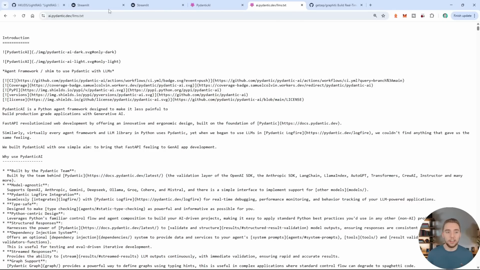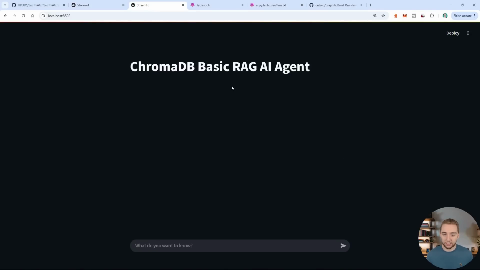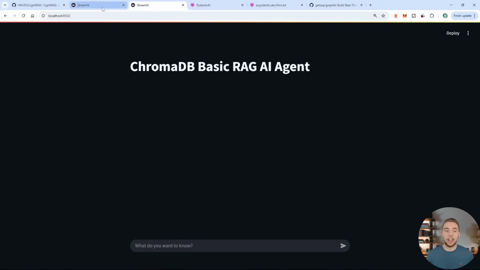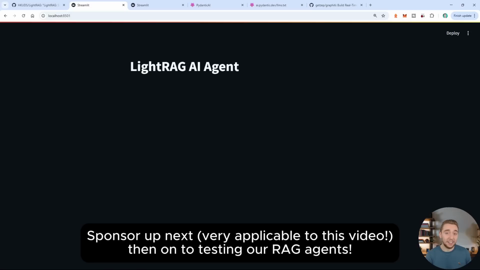Both of these agents I have running as Streamlit user interfaces. This looks the exact same, but each of these is chatting with one of the AI agents specifically. And so I can ask the same question to both, and we can see what kind of results we get, because under the hood, things are looking a lot different in the way that the agent is actually accessing the